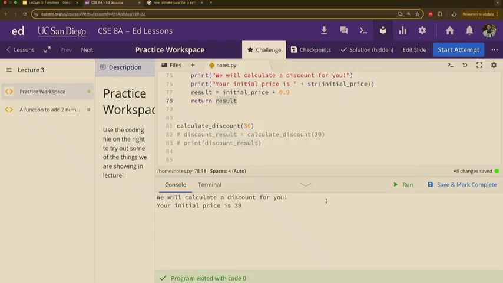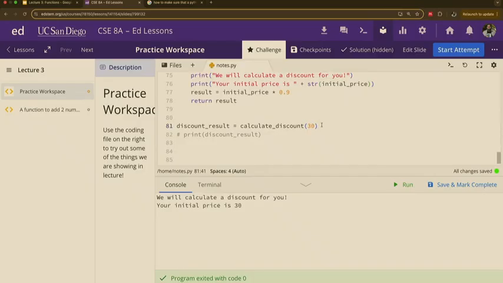The way that we can do that is we do this, right? We're going to get the calculate discount, right? So now, when we call calculate discount, it's going to grab whatever the result was, give it to whoever called it. Tyler called it. I went and I gave that result to Tyler.